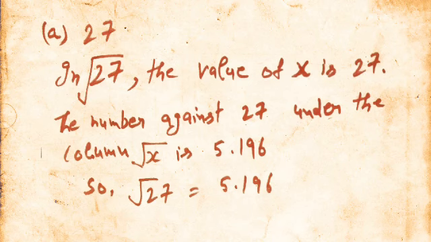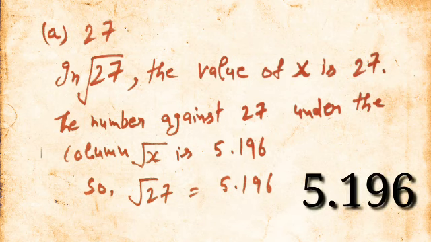And you have to see from the table 27. In front of that, the number against 27 under the column of root x. You have to look in the root x column. What is the value in front of 27? 5.196. So therefore root 27 is equal to